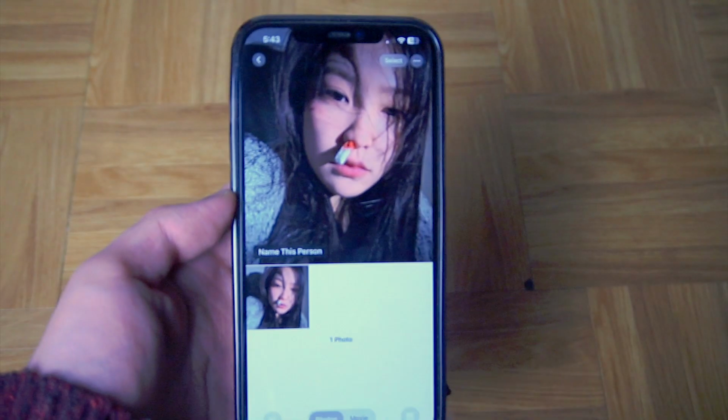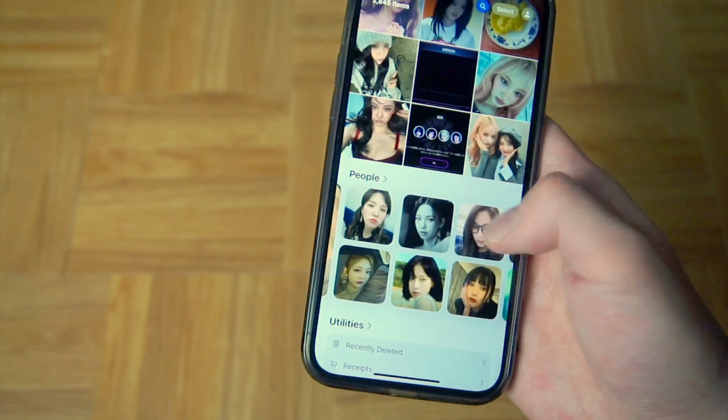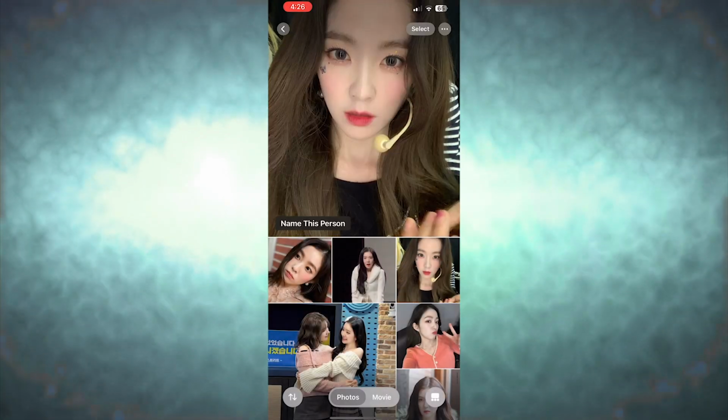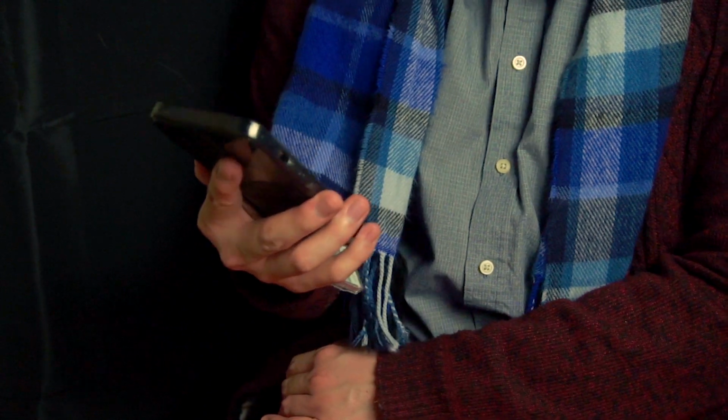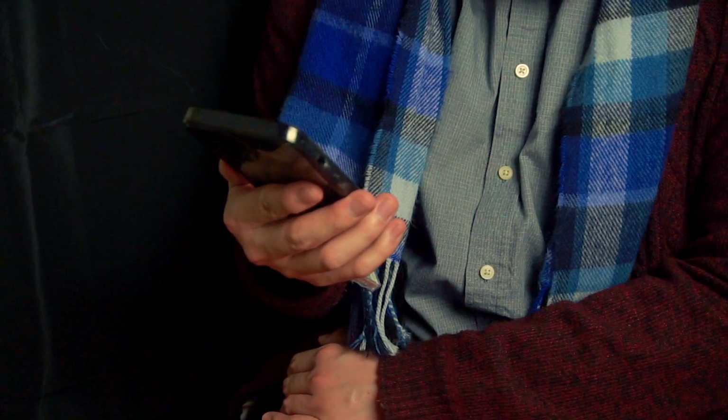Plus, I don't even know what the minimum amount of pictures you're supposed to have of one person to even get them categorized, as the smallest I have is 20, and the largest is 415? Well, maybe we should try to speed run to see how fast it will take for Apple to make